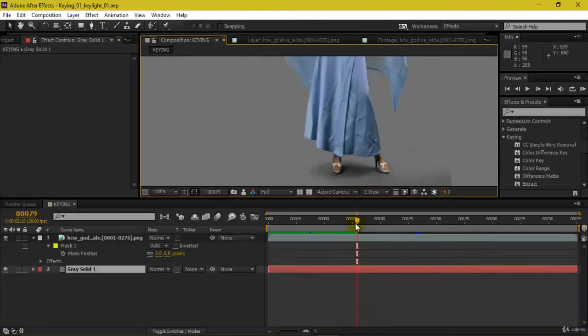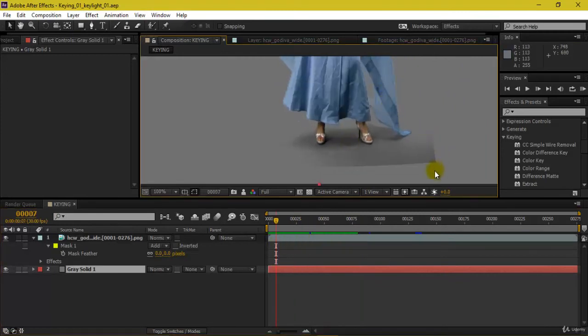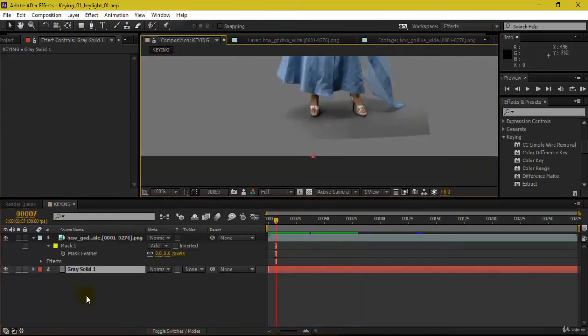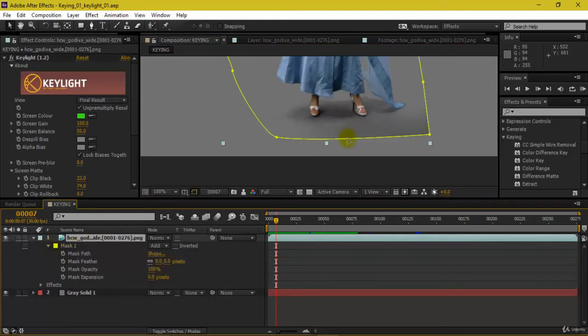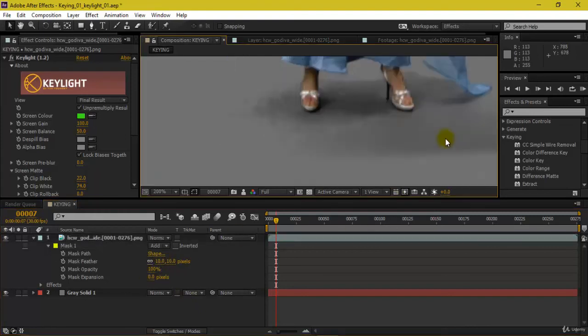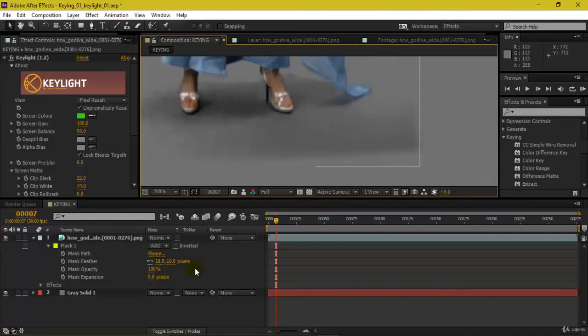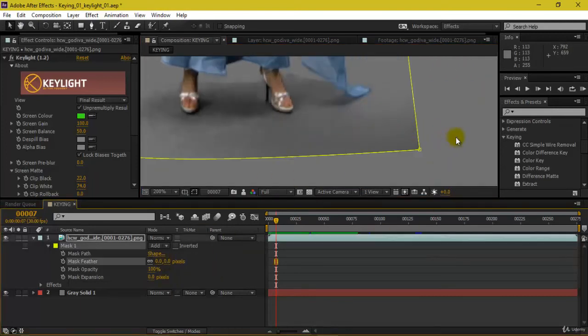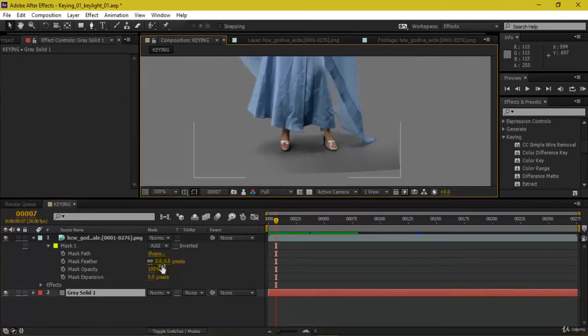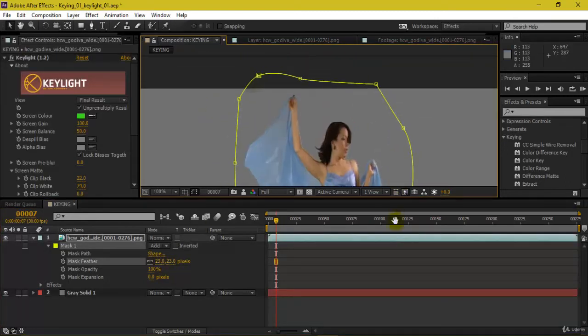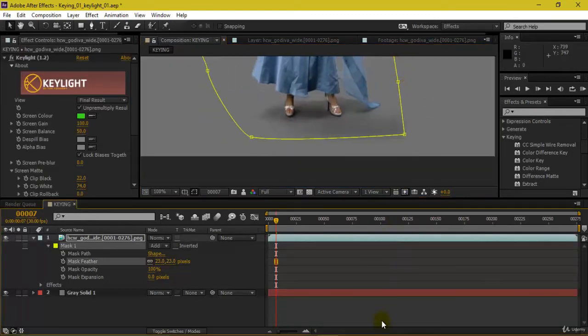Now one more thing you can do, in order to avoid this patch, is that this is looking pretty much linear over here. So just go to mask here, and you can see there is a mask something like this. You can increase the feather maybe to 10, so that it gives you a nice feeling of the shadow. Yeah, something like this. You can increase this more, because you do not want this kind of linear shadow over here, as it is looking pretty vague. Just go on increasing this. Yeah, this looks pretty fine now.